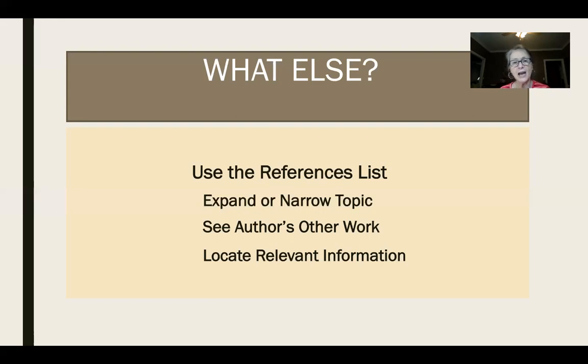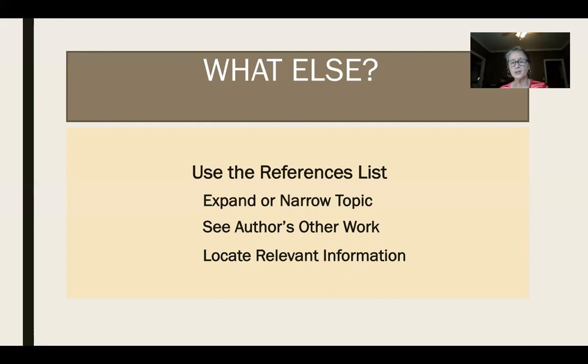You can also look at the titles to give you an idea of the other sides of the topic, the other aspects of the topic that you might consider. You might even, as you're reading an article, scan through the titles in the references list, and you might see a title that's like, oh, that sounds interesting. And you can either use it to narrow your topic, or you can expand your topic to include that, or you might even decide you're going to go with a different topic. So the reference list is useful